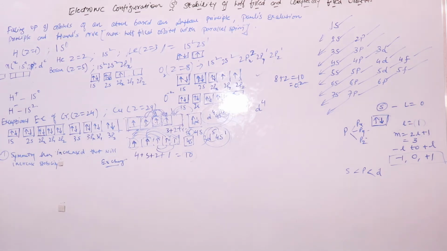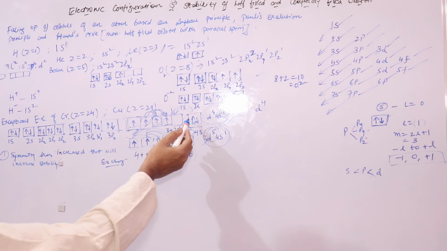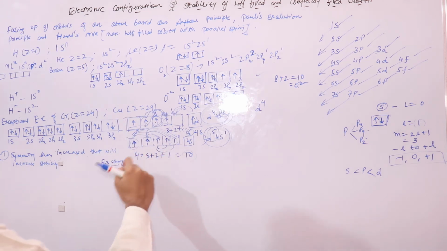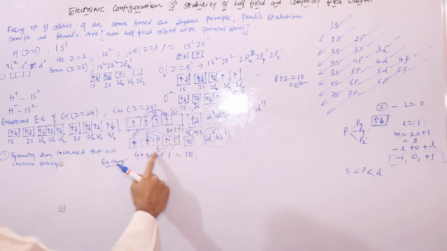The number of exchanges taking place is maximum when the degenerate orbitals are exactly half filled. When we shifted the electron from 4s to d orbital, we have the maximum number of half filled orbitals, and with these we have maximum exchanges, maximum exchange of positions. Maximum exchange of position means more energy is released, and more energy released means more stability. Right, now let's quickly look at the